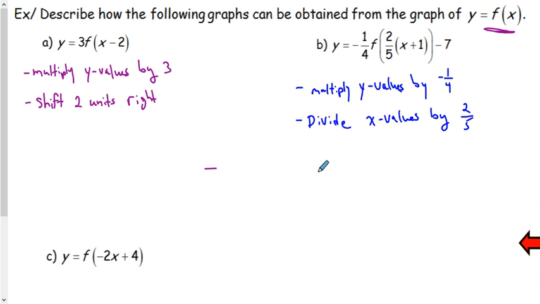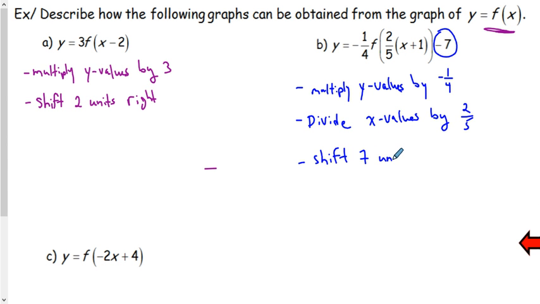Okay, so dividing by 2/5. You could also just say 2/5 is 0.4, so you could also divide by 0.4, having it as a decimal. Okay, now our shifting. Let's do this one next. That order doesn't really matter. So we're going to shift